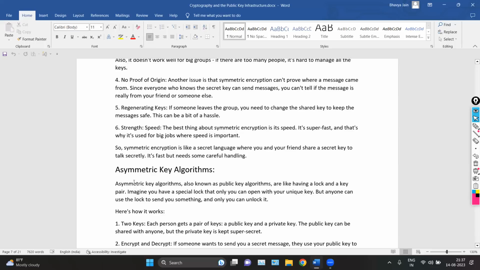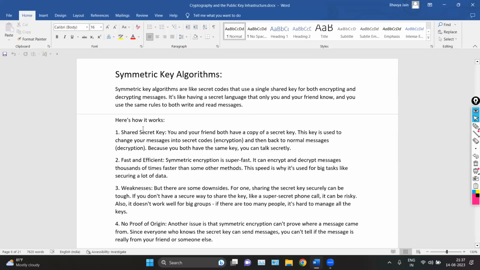Okay, this is very important. This can come in the exam. You can just remember that digital signatures can only be performed using asymmetric key algorithms. Or we can say non-repudiation can be ensured using asymmetric key algorithms. You cannot ensure non-repudiation using symmetric